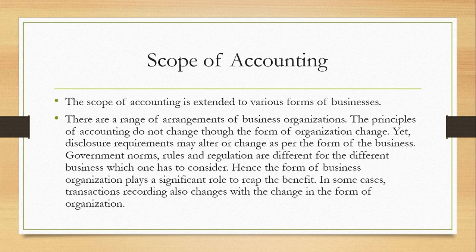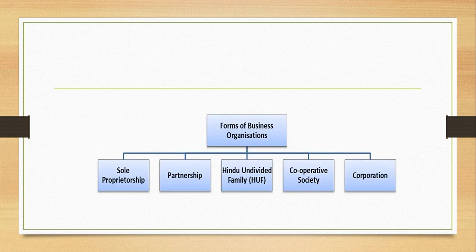Hence, the form of business organization plays a significant role to reap the benefits. In some cases, transaction recording also changes with the change in the form of organization. So we can see various forms of organization on screen. We have sole proprietorship, partnership, Hindu undivided family, which is HUF, cooperative society, and